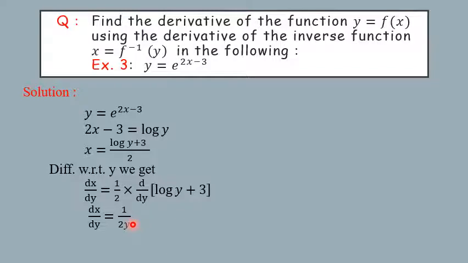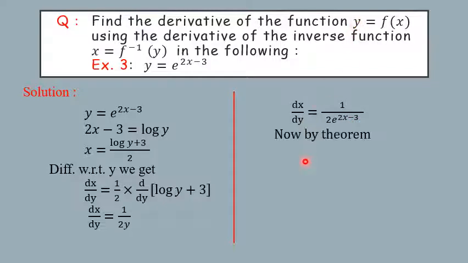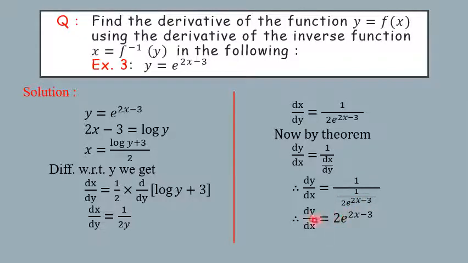Now resubstitute the value of y. Y is nothing but e raised to 2x minus 3. So here we get dx by dy is equal to 1 upon 2 e raised to 2x minus 3. But we have to find dy by dx. Okay. So by theorem dy by dx can be written as 1 upon dx by dy, and now just substitute the value of dx by dy here. So we get dy by dx is equal to 1 upon 1 divided by 2 e raised to 2x minus 3. So this can be written as dy by dx is equal to 2 into e raised to 2x minus